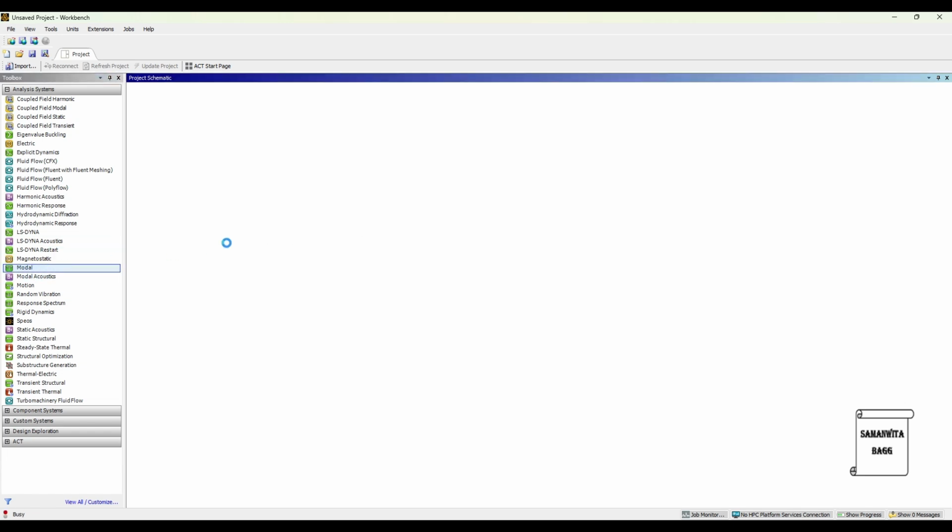We'll first double click on modal analysis. We are doing modal analysis to figure out the natural frequencies of the commercial water pipe. If the water flowing through the pipe reaches a particular frequency because of its speed, then when the natural frequency of motion of water and the natural frequency of the pipe match, there will be resonance in the pipe. Now that can lead to the failure of the pipe.